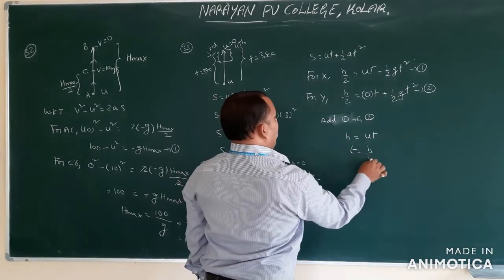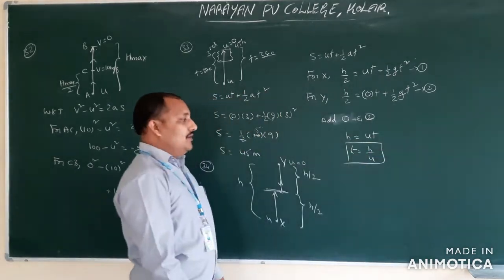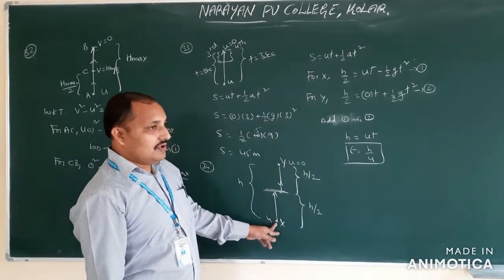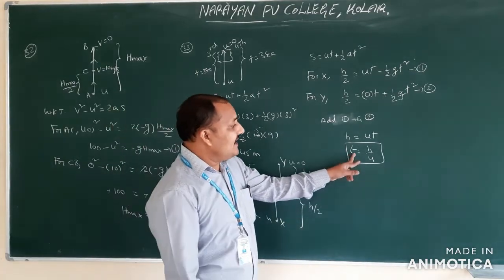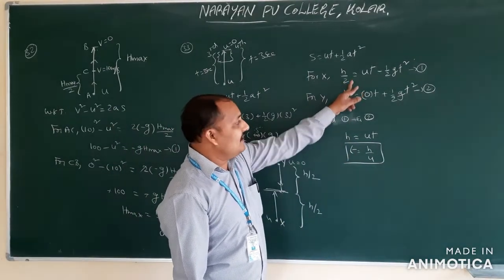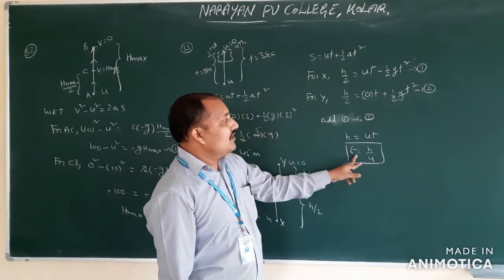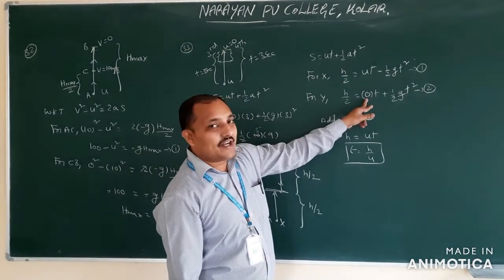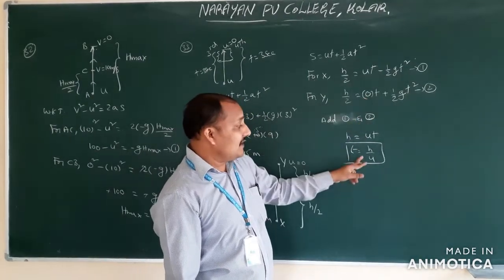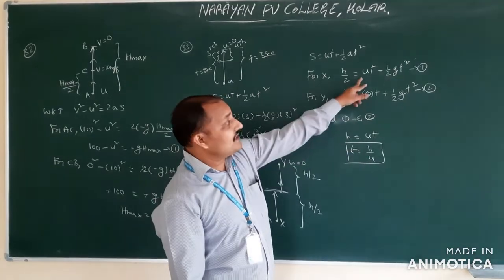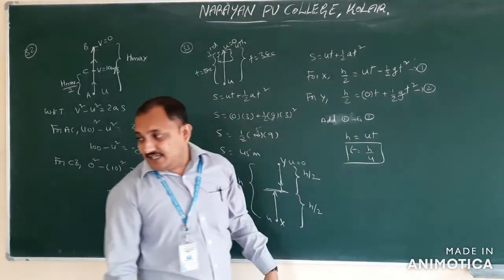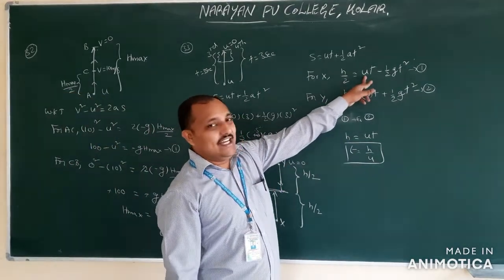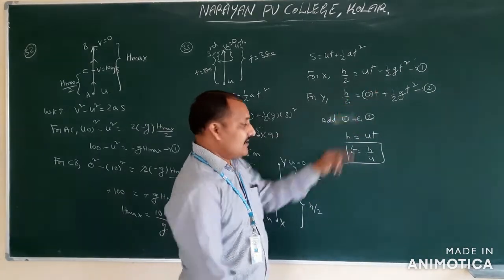Then t is equal to h by u. What do we have to calculate? The initial velocity. This t you can substitute either in this equation or in the second equation. Then you will get the initial velocity. In the second equation, if you substitute, u is 0, therefore you won't get u. So you have to get the initial velocity. Therefore in which equation do you have to substitute? In the first equation you have to substitute. Why? Because we have to find the initial velocity. So substitute t in this equation.